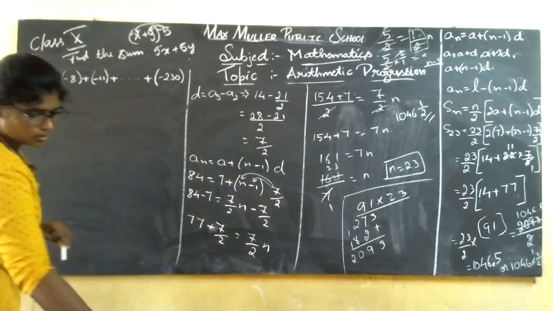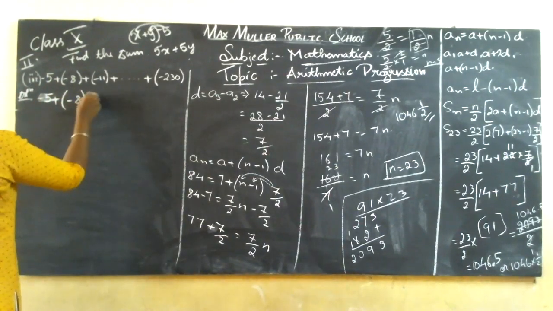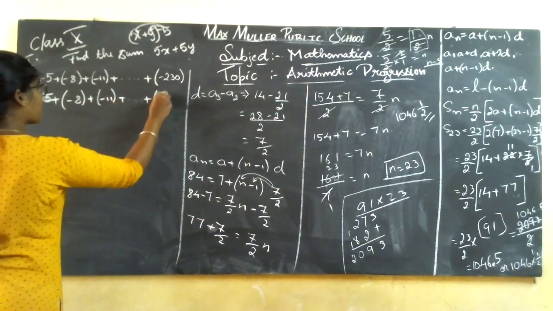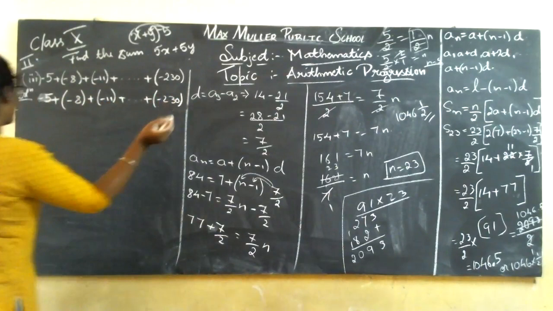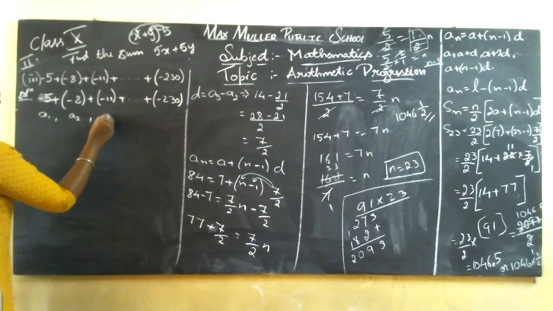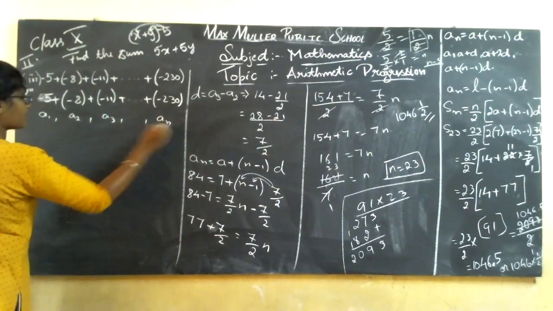minus 5 it is, sorry. So it is minus 5. Let me keep it as it is. Let me rewrite the question. Since it is of sum, let me keep it as it is. Okay, now it is A1, comma, this is A2, comma, A3, comma, AN.